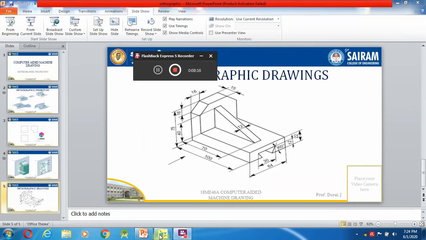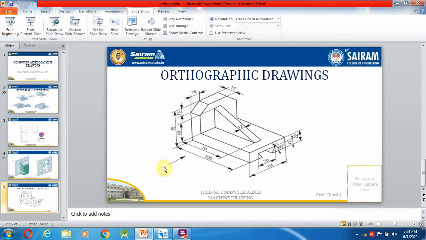And after selecting the line, the thing is, wherever the arrow mark indicates, that is the front view. Suppose they provide three arrow marks, then definitely they will mention front view, top view and side view, or FV, TV as well as SV. Otherwise, if simply only one arrow mark is given, we can consider it as the front view.